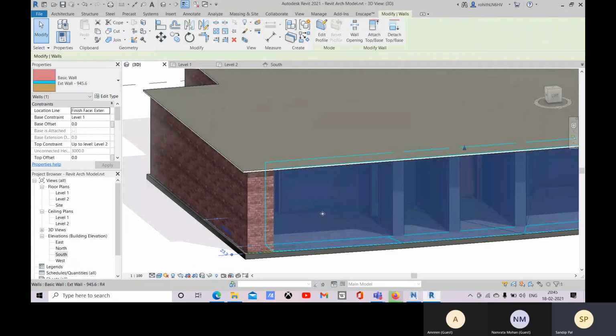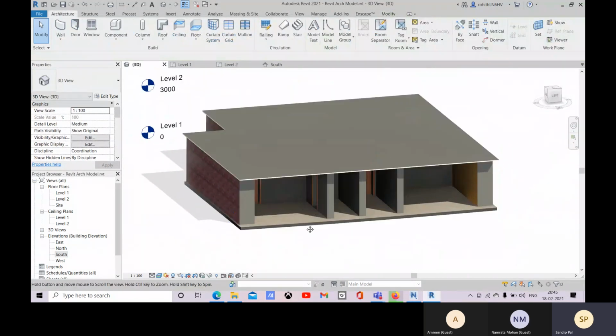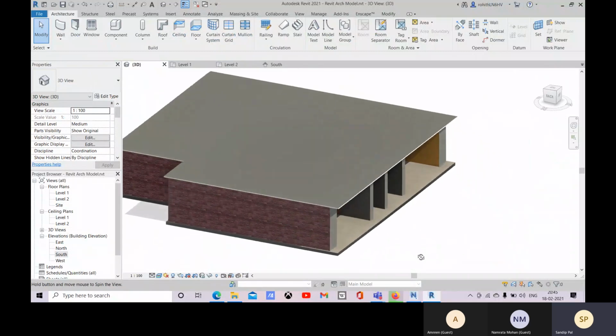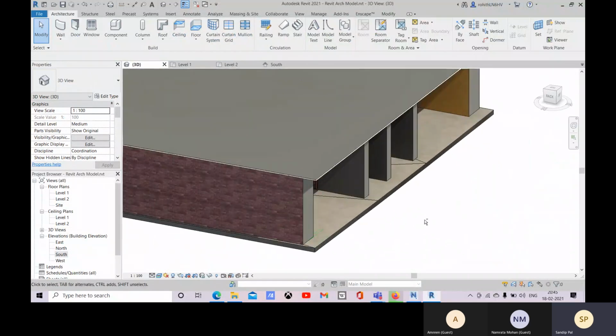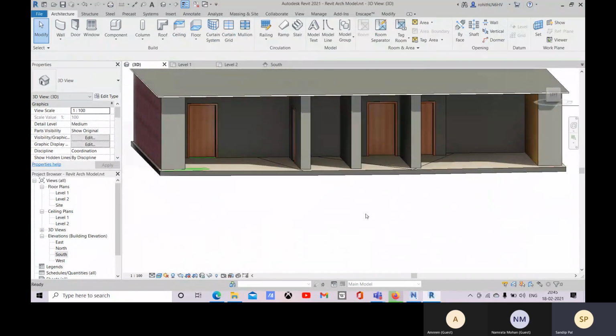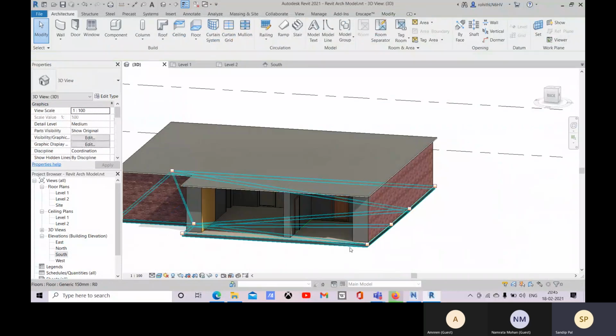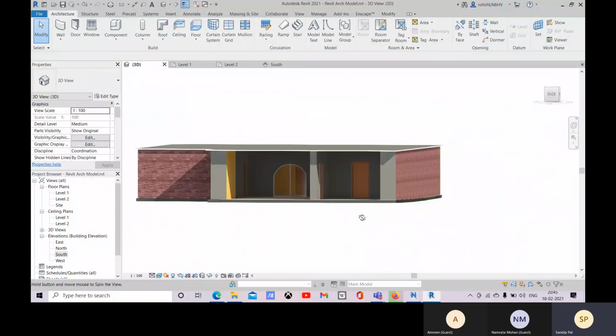Now what I'm going to show you, let me delete this wall, and I will create one curtain wall over there. Or not this wall, let me choose this one, so this will be better.